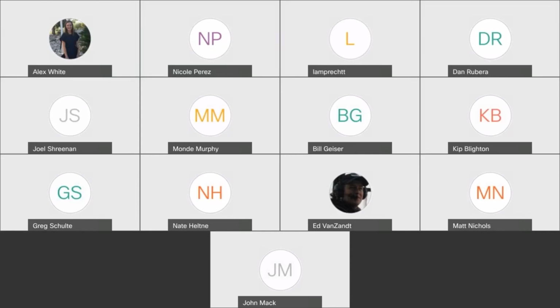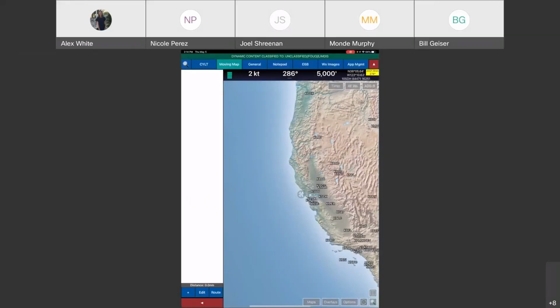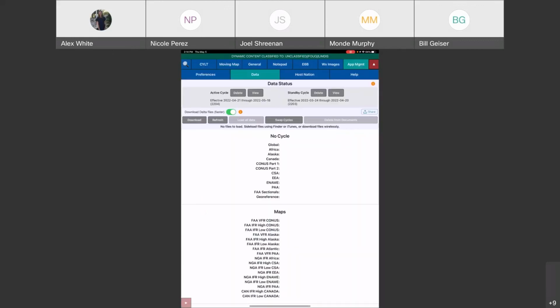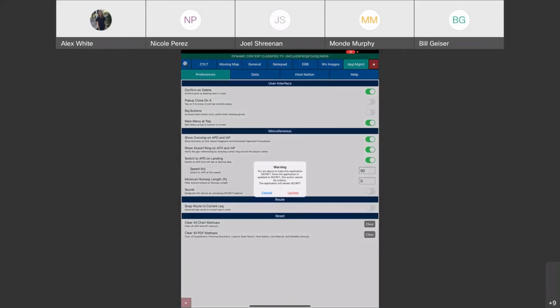It doesn't necessarily mean that the data is, but just as a reminder, if you do have questions about that, just give us a call or an email and we can give you some more insight as to what the actual classification of that data is. Of course, you can change the classification if users decide to classify their tablets or add classified information. That will give you this pop-up that Nicole is showing about changing the tablet from unclass FOUO LIMDIS to secret.